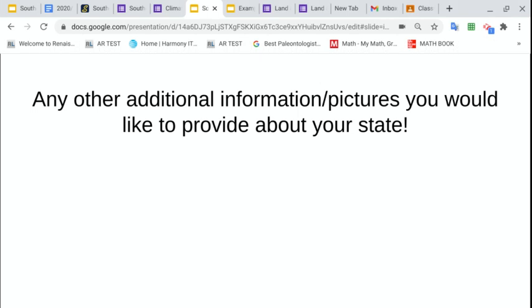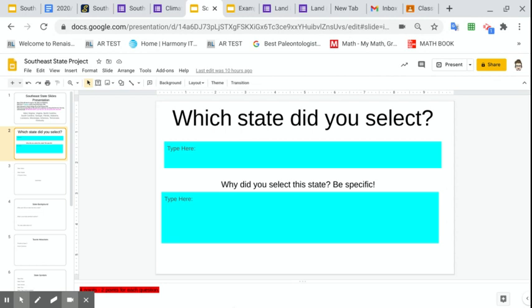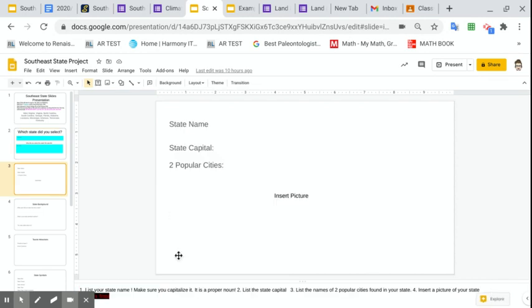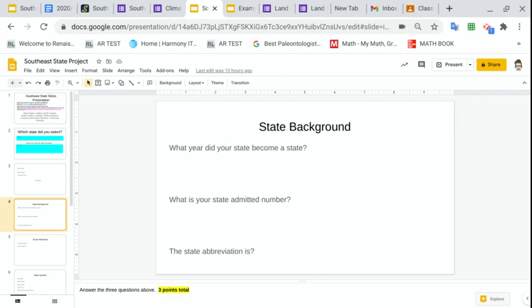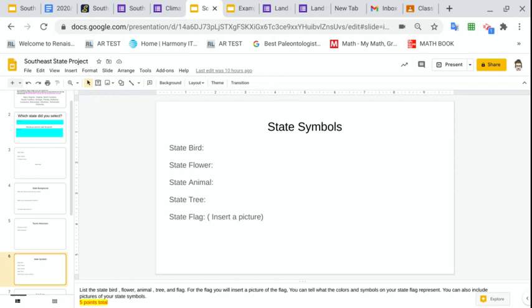Now, if you go back to the original Google slide presentation, at the bottom of each page, it tells you how much each of these items are worth. So this slide's worth 2 points. This slide is worth, I believe it's 3. I can't get this little guy to move. Let me move him. 7 points, okay? And it tells you how I am looking for the answers to be written. So I need it capital. I need your pictures. Okay, 3 points for that slide, 5 points for that slide, 5 points for that slide,